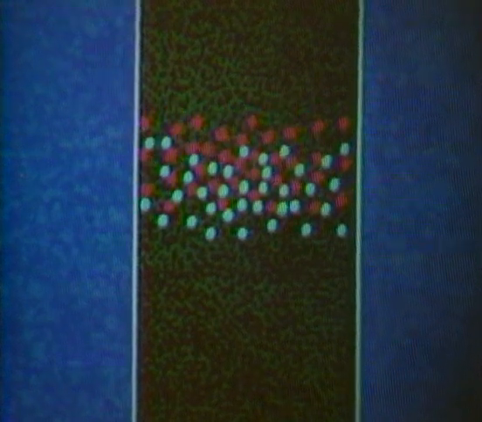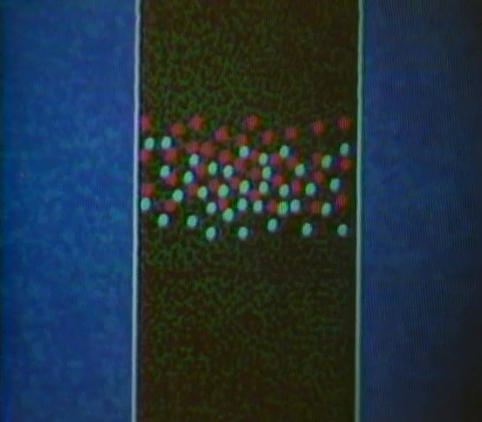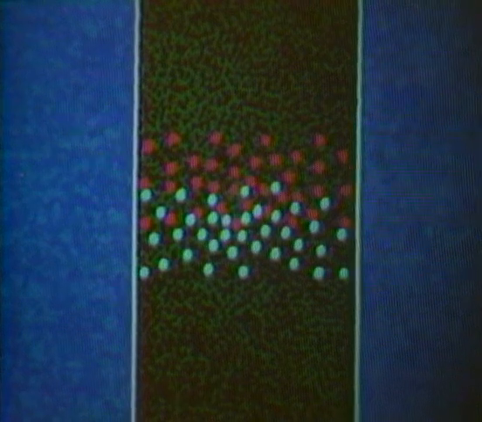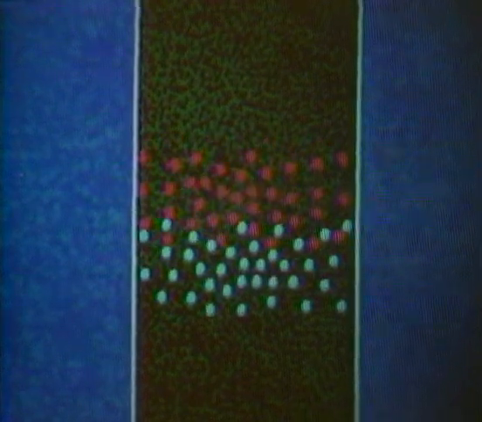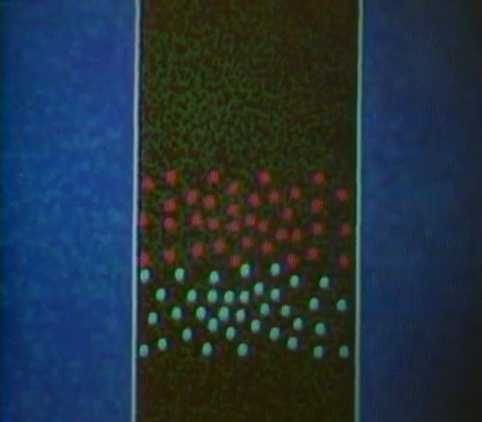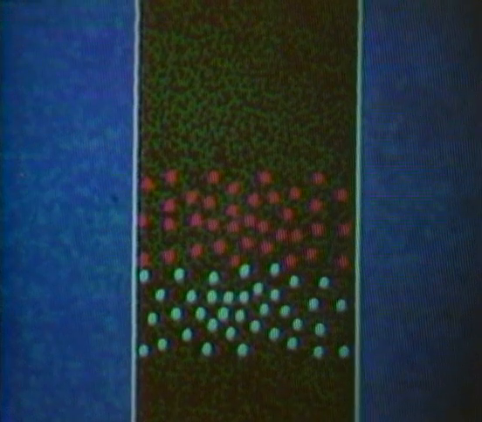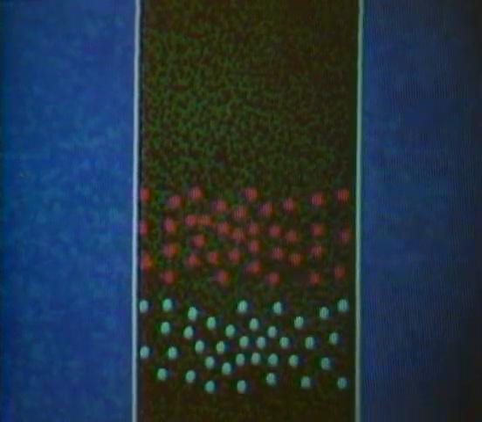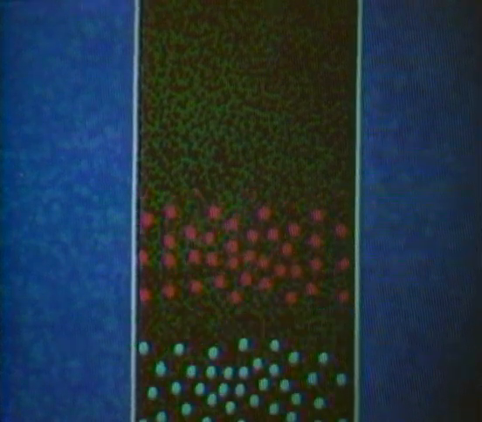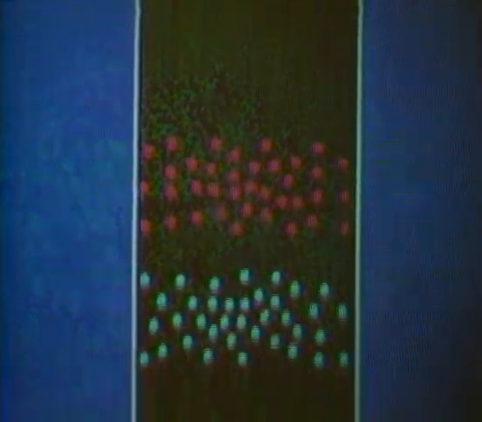As they move through the stationary phase, they distribute themselves between the two phases, with each component spending a certain fraction of time in each phase. If a component spends only a short time in the stationary phase, it is carried more rapidly through the column. Another component may spend more time in the stationary phase, thus moving more slowly and emerging later. It is this ability of the stationary phase to hold the components at various degrees that results in chromatography's great